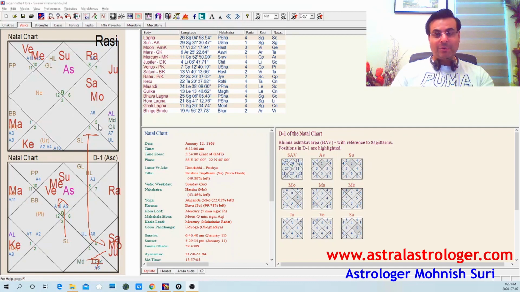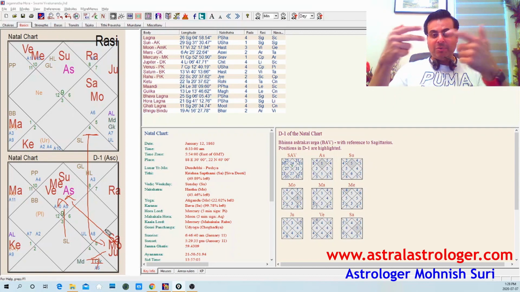The ninth house lord, which is Sun. The ninth house is where your fortune is going to come from. How will your long distance travel be? How good will you be in religious or spiritual pursuit? We talked about the first lord sitting here, so everything is revolving around the ninth house. Now the ninth lord is sitting in the first house. See, there's a connection. The ninth lord is Sun, Sun is sitting in the first house, and the first house lord is sitting in the ninth house. So an ultimate two-way connection.